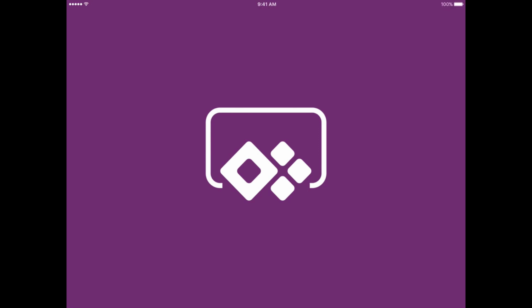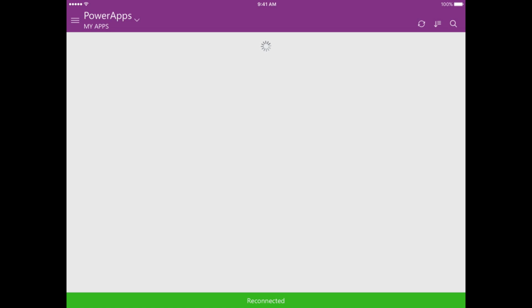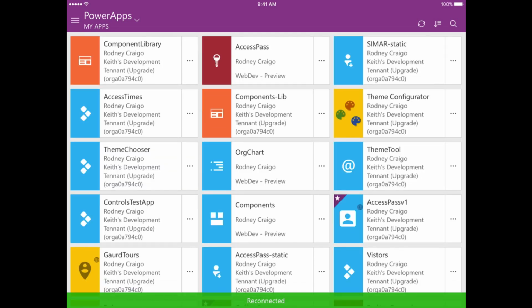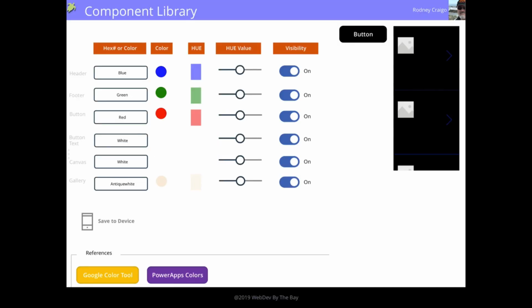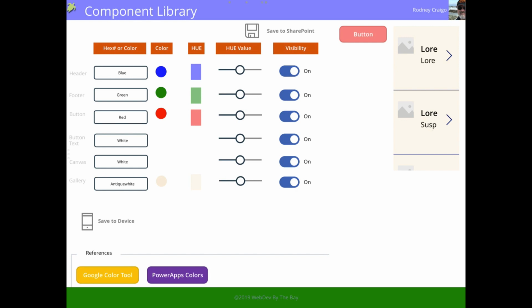Give it a second or two. And let's launch the component library here. Not sure why that green bar stays on there. You have to touch it to turn it off. Okay, I want to change a couple of colors.